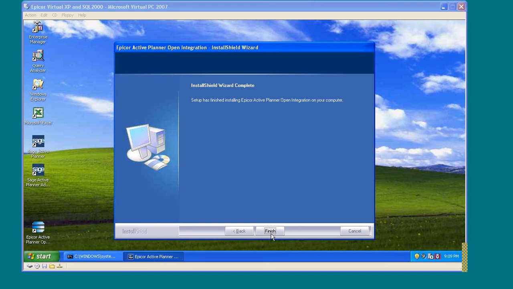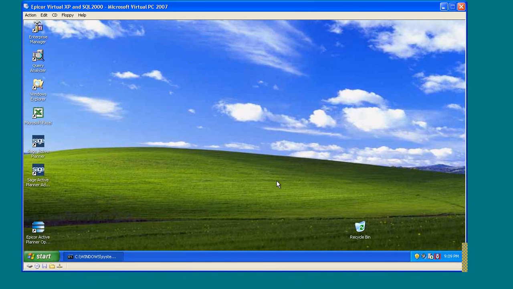Okay, now when it's done, click to finish. And we have finished with the client update. And now if we try to launch Active Planner here, what we should see is a message telling us